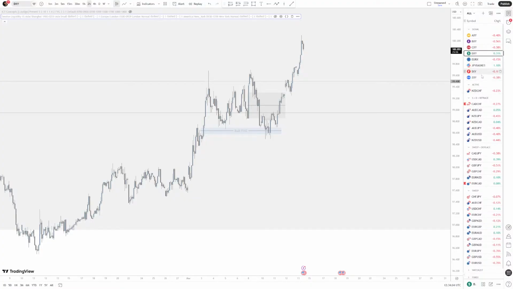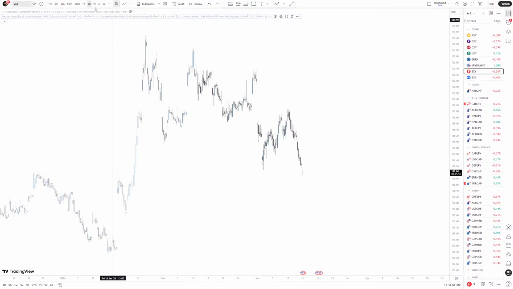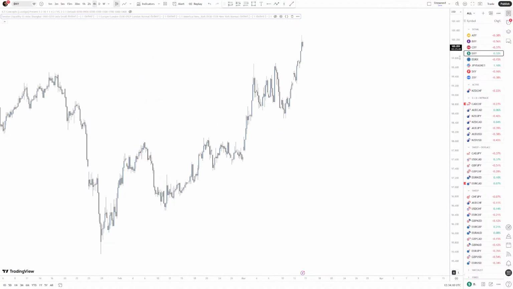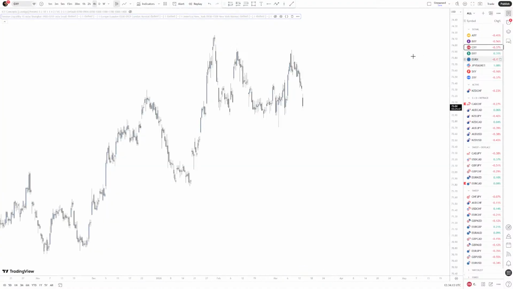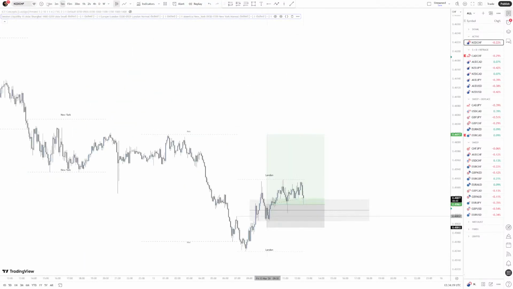Ooh, let's have a look at NZD. NZD dropped as well. Let's have a look at Swiss franc. Everything pretty much dropped, but DXY, which is so interesting despite it being DXY news. Okay, interesting. Okay, let's bring this back. Let's minimize this. So we're going to still continue to hold this.